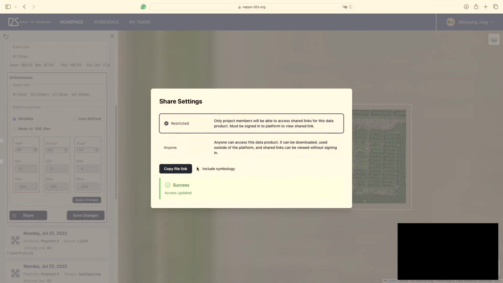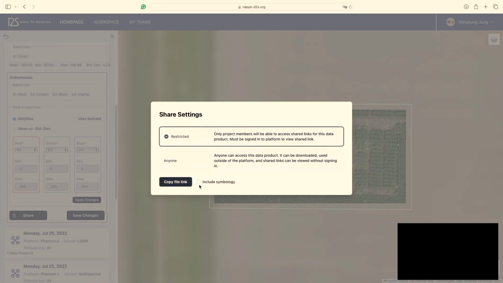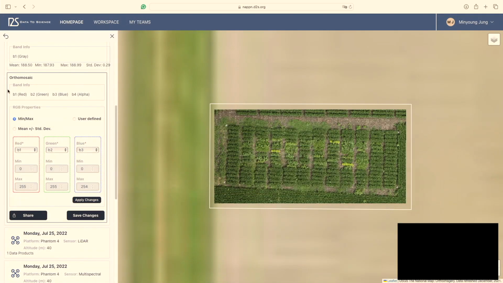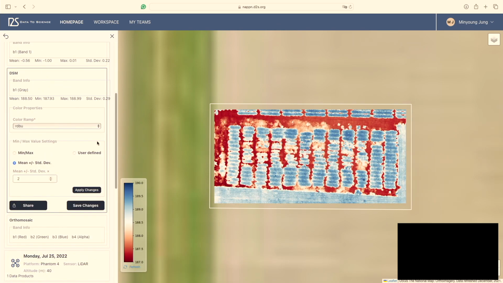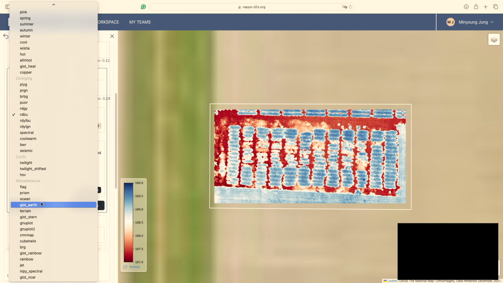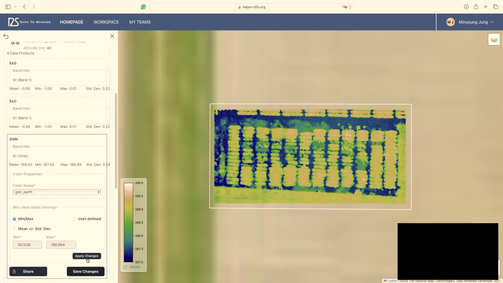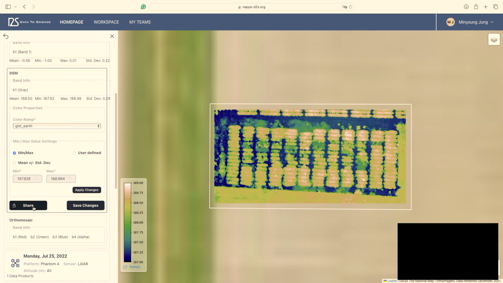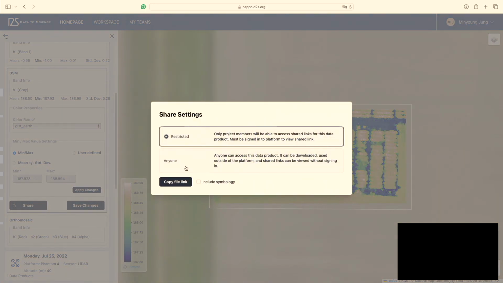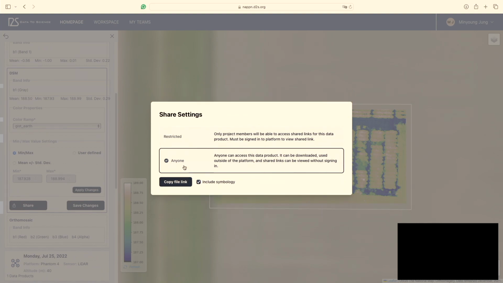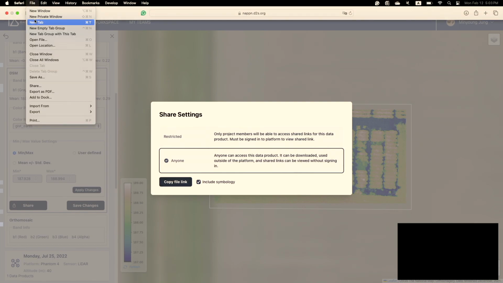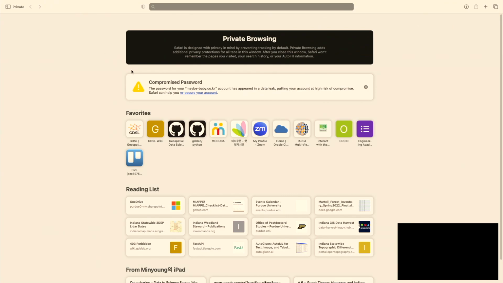If you do restricted, there is an option to click include symbology, meaning that whatever view you set, you can share this symbology as well. So one way of doing it here: let's say I want to change the DSM and set my color to earth, min max, and apply changes. Let's say this is the view that I like. I want to share this specific view, so I click copy, click anyone, include the symbology, and copy this link. If you send this link to someone else, anybody who has it can see this in a page. So if you go to Safari here and try the private view where I'm not logged in,